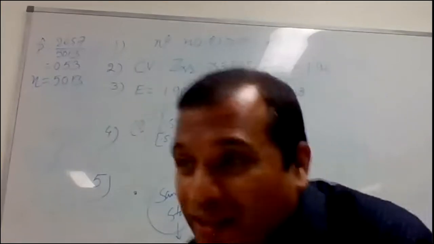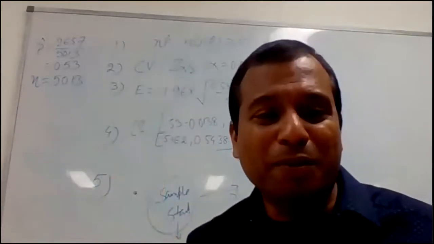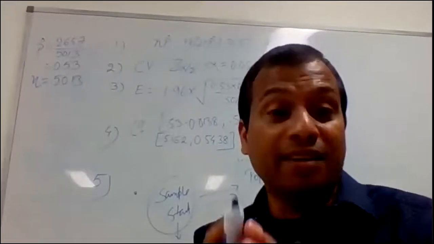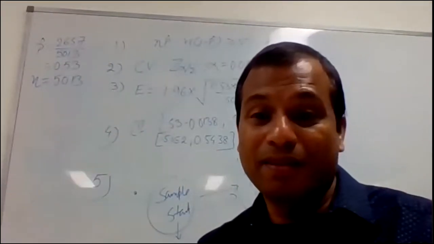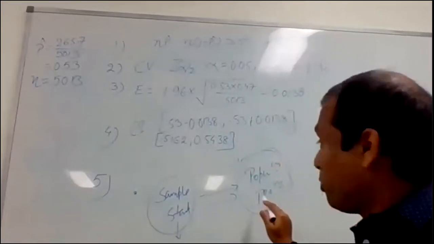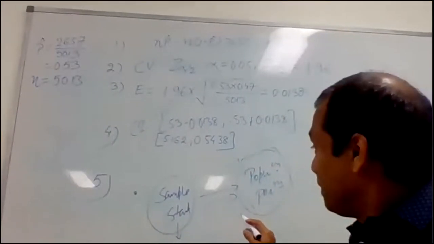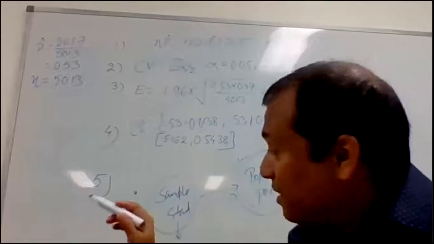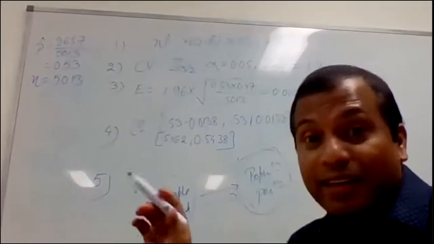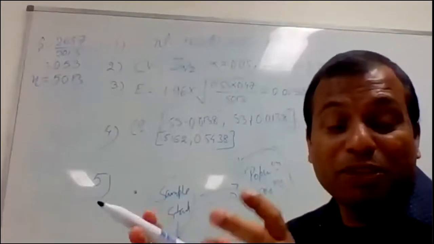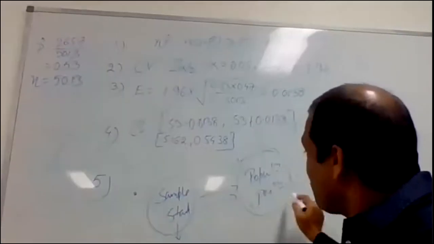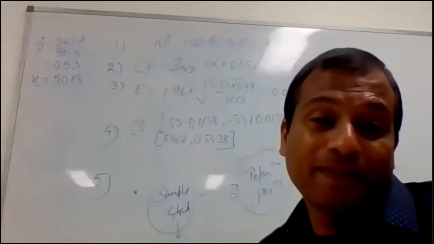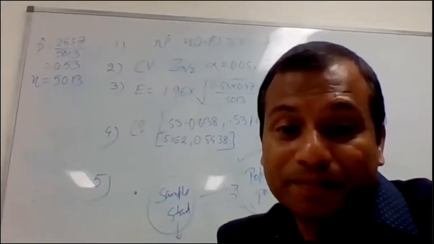Because ultimately, if I'm taking a sample, what is the purpose of taking a sample? So that I can generalize it for the bigger one. Very good question. Thank you for pointing this out. Okay, thanks. So that's why in the final sentence, stage number 5, we are saying that we are this much percent confident that this statistic belongs to the population proportion P. Okay, thank you.